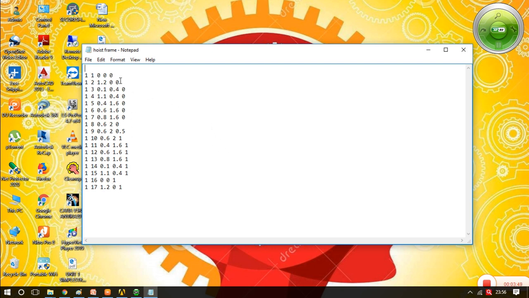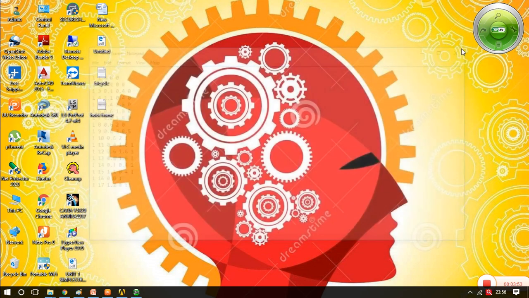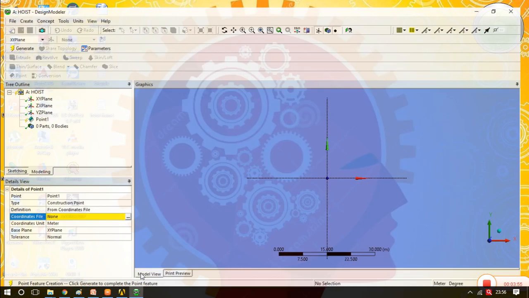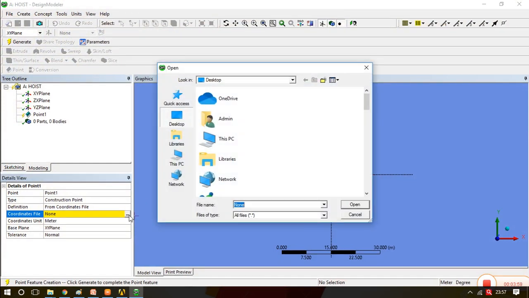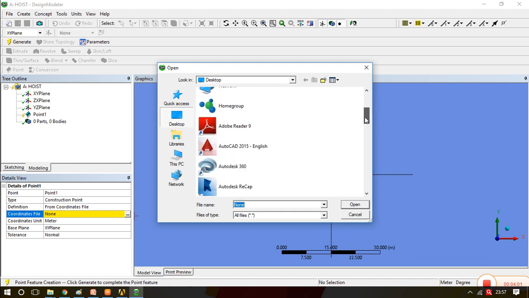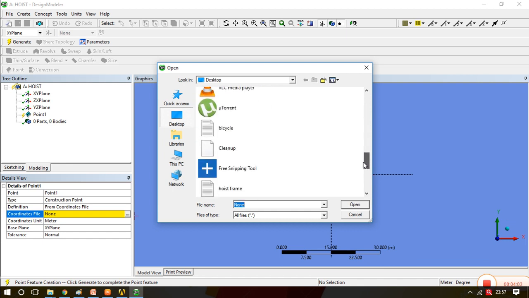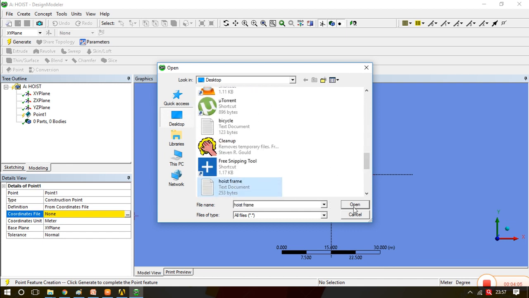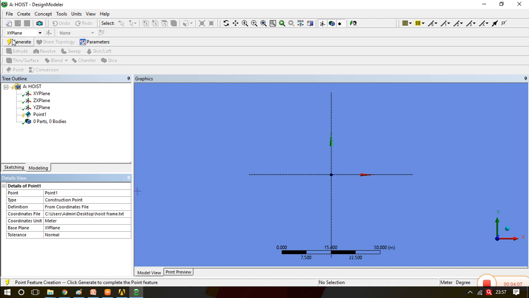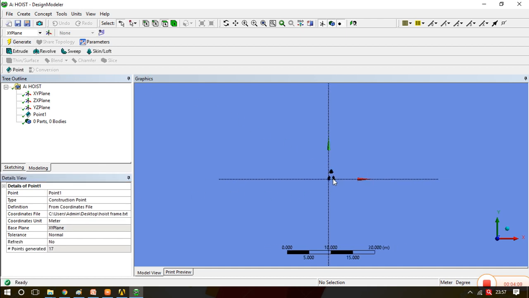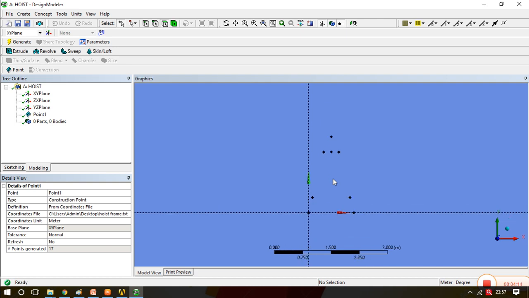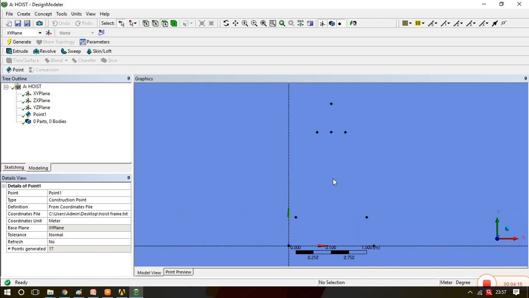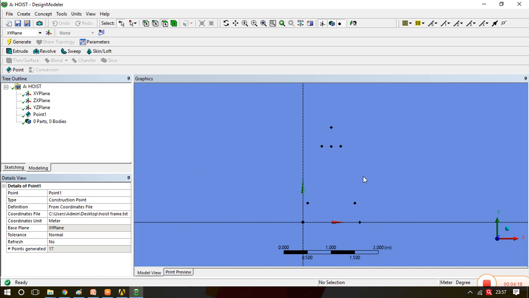This is the coordinate system we have set for the 17 points and we will import it. Now in the design modeler we will import the file, the hoist frame, from the desktop. The file is imported and now generate it. Now all the points are generated as per the coordinates given in the diagram.